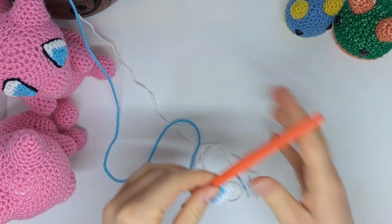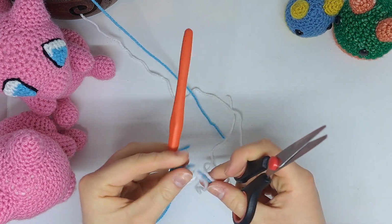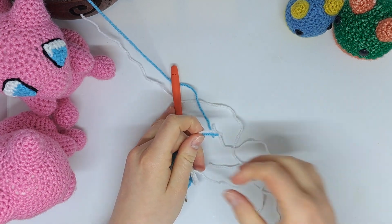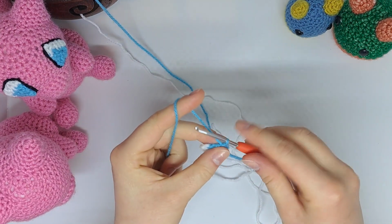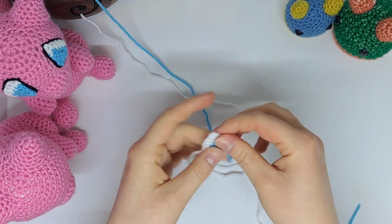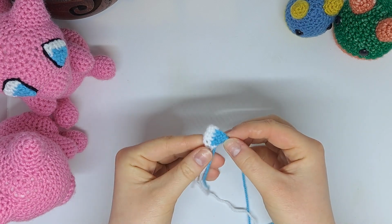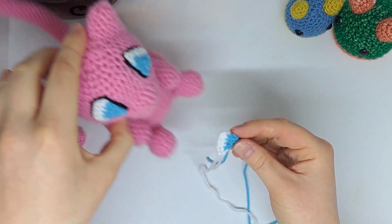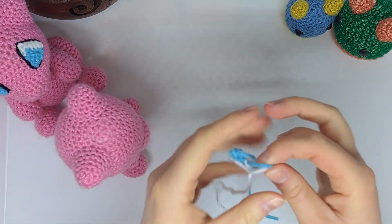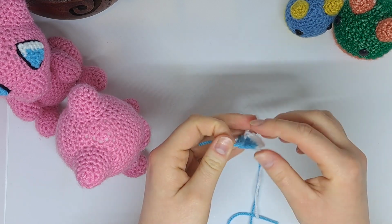I'm going to snip off with a long blue tail, and I'm going to snip off the white equal to this blue here. That was my white working tail, as I'll use the original starting tail to sew the white section on. So there we go, the shape of the eye is coming on, as you can see. Because what we'll do with these tails here is I'm going to tie them in a knot, so I know that they won't come undone, nice and tight,